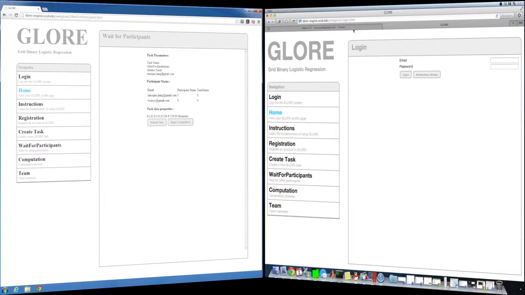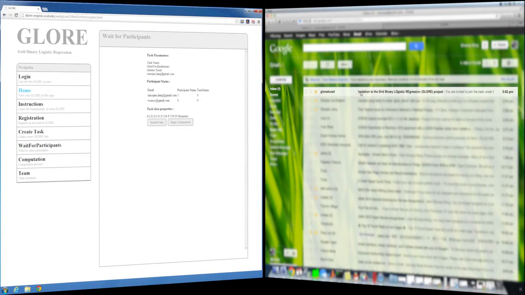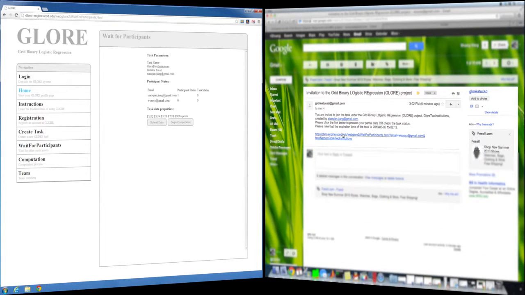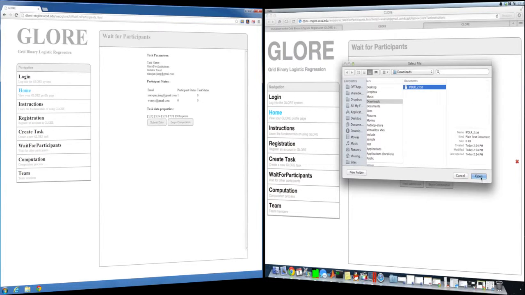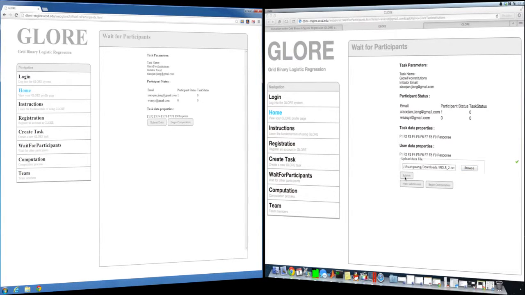Let us look at the invited participant from the other institution, who has just received an email with a joint task URL. In a similar way, the collaborator provides the system with the location of a local training data set and clicks Submit. The Ajax-supported web page will dynamically refresh and show the current status of both participants in a synchronized manner. When the status of both participants changes to 1 and the task status remains 0, it is time